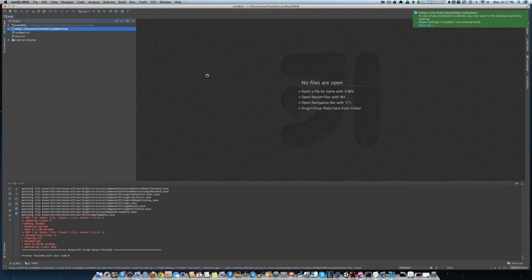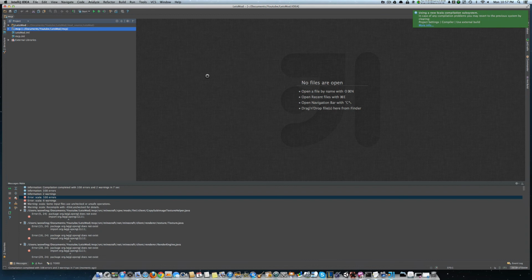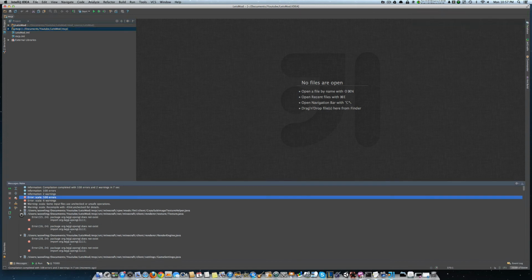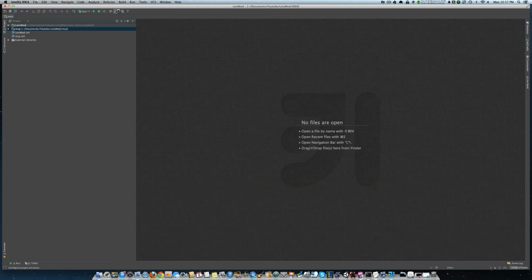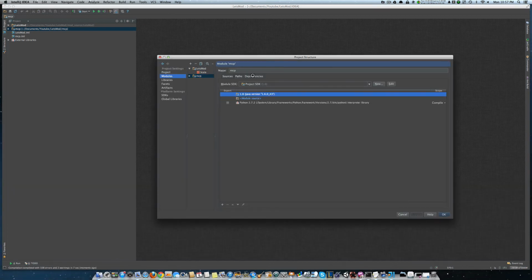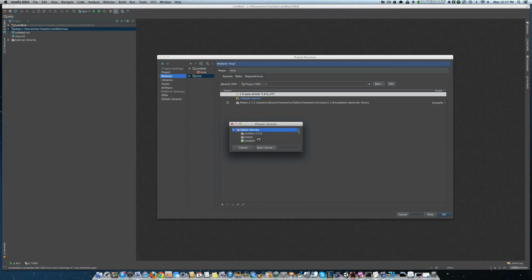And running through IDEA, we do get a few errors. I know what this is. Okay. We have to go back to here. MCP has quite a few bit more dependencies. We need to add a library of, let's make a new library,